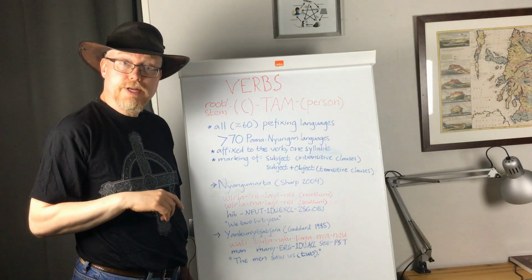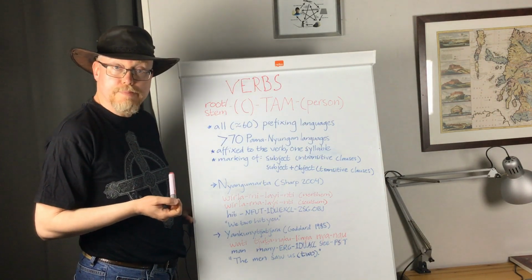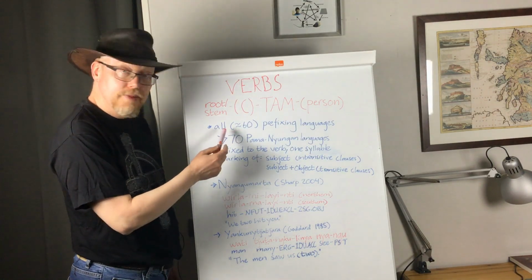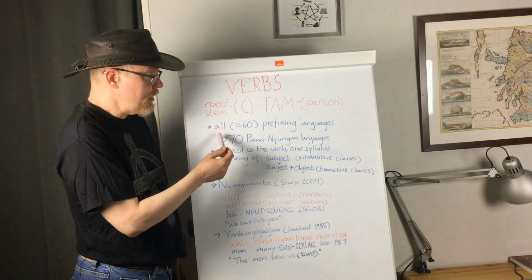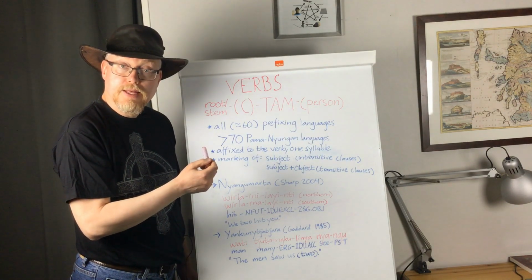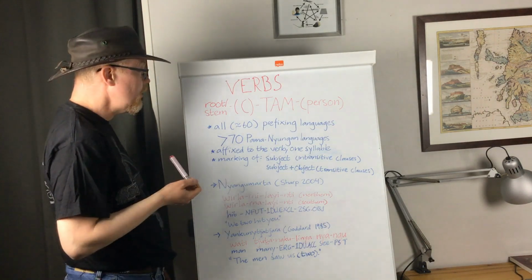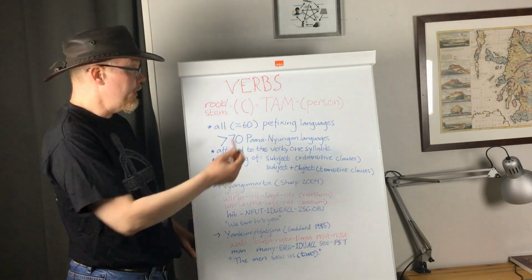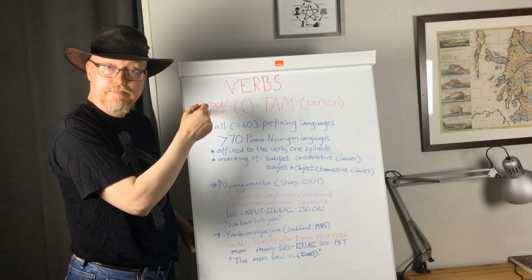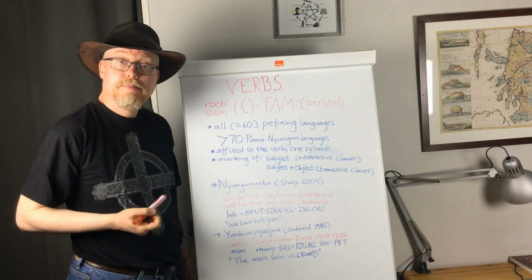And this is the first video, as it so happens, about person marking in Australian Aboriginal languages. And as you can see here, we find this in all non-Pama-Nyungan languages of Australia's top end. These are also Australia's prefixing languages, where person markers often are placed before the root or stem as prefixes. We also find it in at least 70 Pama-Nyungan languages,